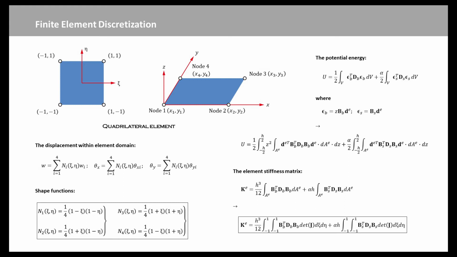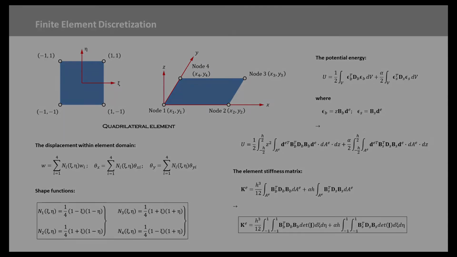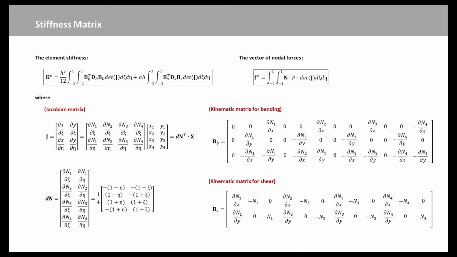The vector of nodal forces equivalent to distributed forces p is defined. The strain-displacement matrices for bending and shear contributions are obtained by derivation of the shape functions. Both the stiffness and the force vector integrals are computed by numerical integration. The stiffness integral is solved by considering, for the four-noded element, 2 times 2 Gauss points for the bending contribution and 1 point for the shear contribution. This selective integration proved to be one of the simplest remedies for avoiding shear locking.